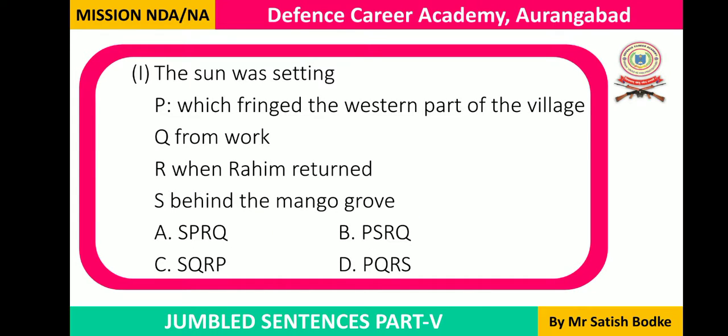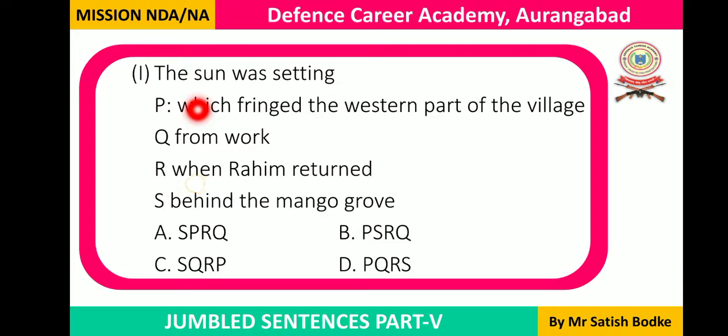This is the first example. We already solved so many examples in the earlier sessions. In every session we solved 10 examples on jumbled sentences. This is the fifth session. By now we have solved 40 examples on jumbled sentences in the earlier four sessions. So this is example number 41, and for this session, it is example number 1.